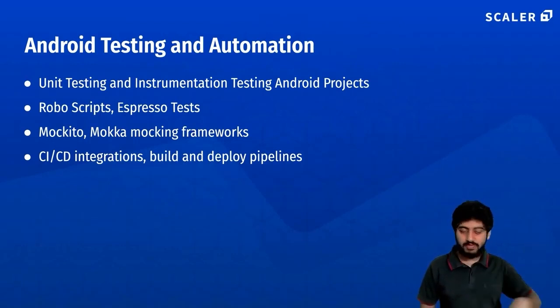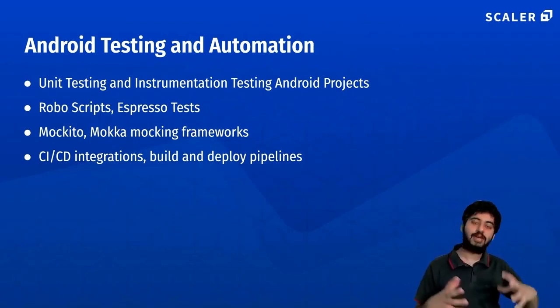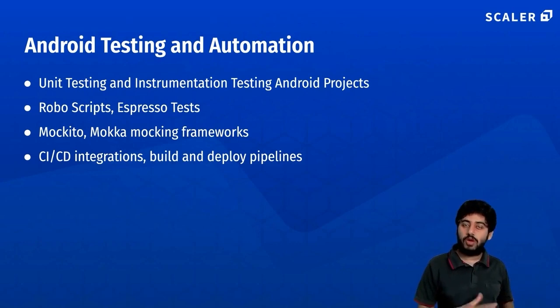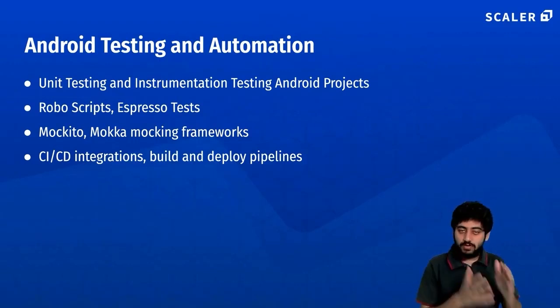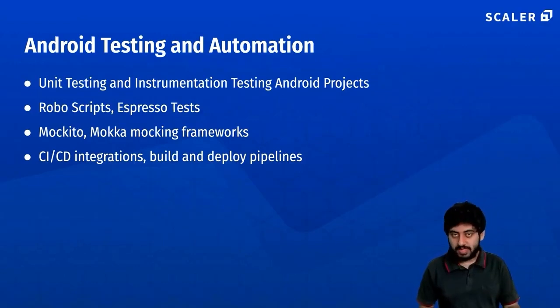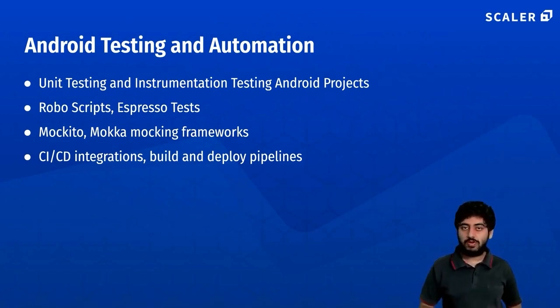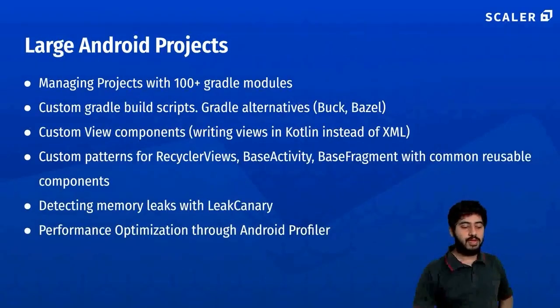So all of these, CI/CD, testing, mocking, and QA automation, are a whole bucket of things that are very important. For most senior Android engineering and beyond roles, where you are getting on board to be a lead or an architect, there are going to be a lot of interview questions around this. Like, what are your opinions on this? In a previous place you worked, what kind of automation systems did you set up? What will you set up here if you join us? Those questions will be coming.